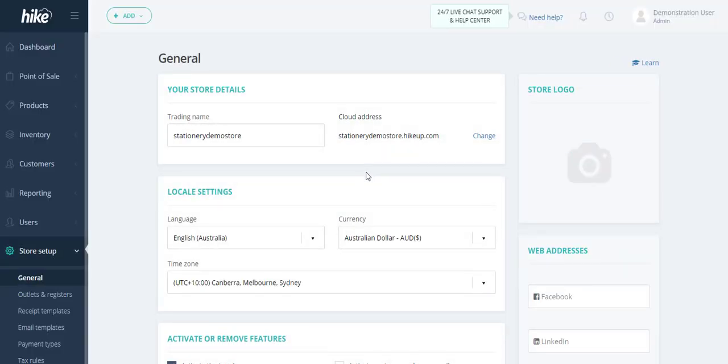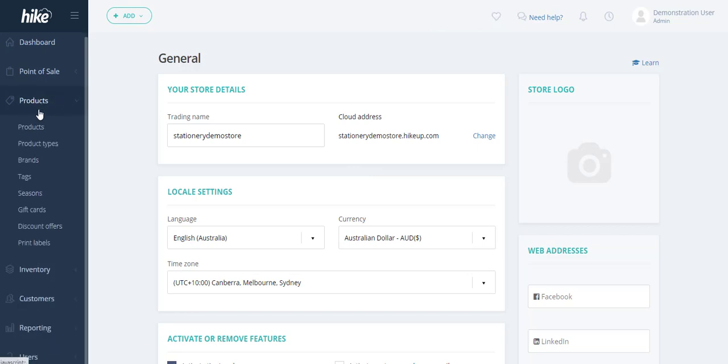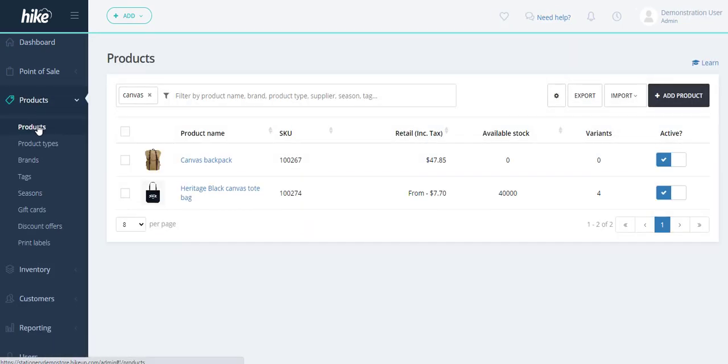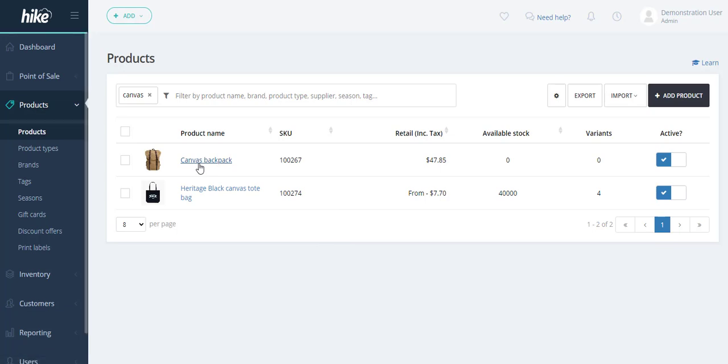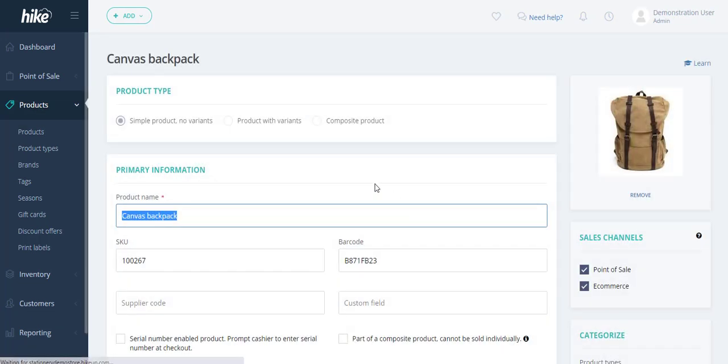Secondly, we also need to check the product itself because we're also able to set this setting on the product. So we can do so by going to the Products area and selecting the products listing, which will show a list of the products, and in particular the product we're looking for is the canvas backpack. So we're selecting this option here to open up the information,